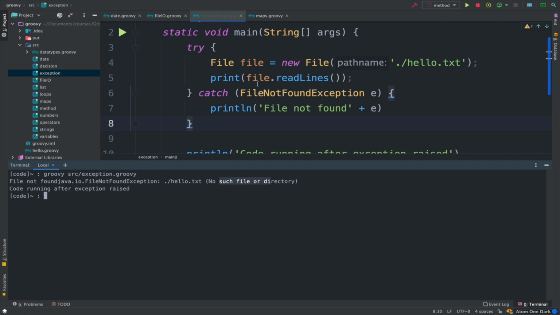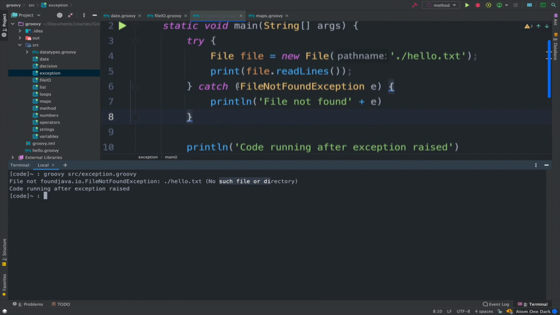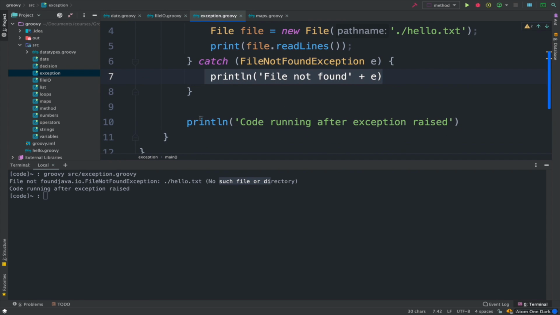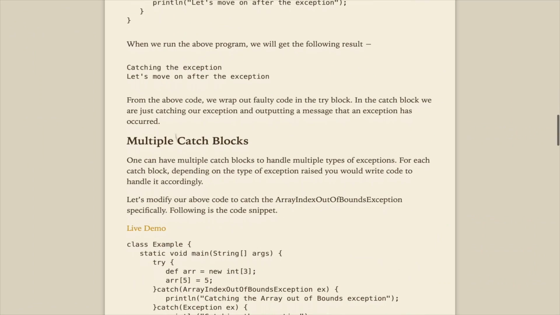But the reason why it didn't break and it went on running is because we wrapped that in a try and catch block. Try catch block is very, very useful. You have to make sure that you use a try catch block where required, where you feel like the code is going to break, or there might be something wrong with the server, or something wrong with the file not being there. All those scenarios have to have code in a try block, and then you catch those exceptions. In that case, your program will not break and you will have the other part of your application running properly.